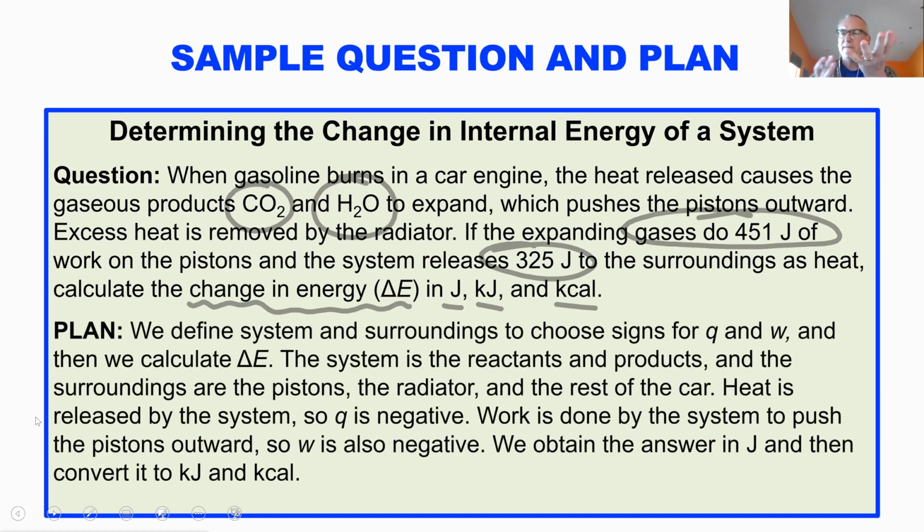So first you have to define what's the system, what's the surroundings. So the system is the reactants and the products of the reaction: the octane, the oxygen, the CO2, the water, the other gases being produced as products. And the surroundings are the pistons and the radiator and the rest of the car and the rest of the universe. So if we're going to be calculating Q,